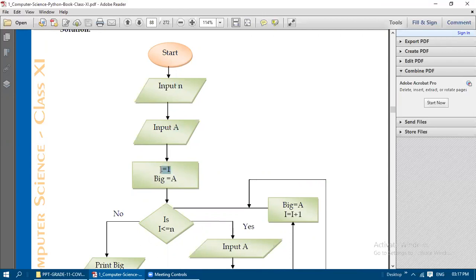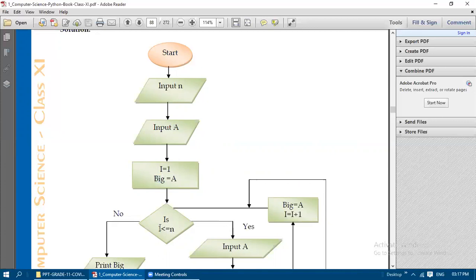In the next state, I is assigned with 1 and big is assigned with A, so 10 is now assigned to big. Now we check the limit, whether I is less than or equal to n. We need to repeat the process 3 times in order to get the 3 numbers.